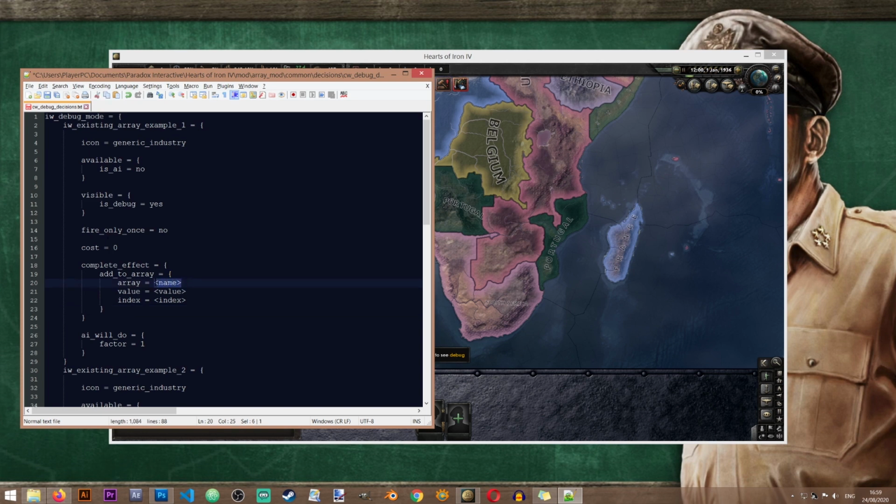So first of all, we have to give the name of the array. Now this name is the ID of the array, so that every time that I want to do something with this array, I will need to let the game know that this is the ID that I want to do something with. All right. Now, when you're naming your array, you can name it in a couple of ways. You can either name it as an array for your country specifically. So for example, if I were to name it like this, new countries array,